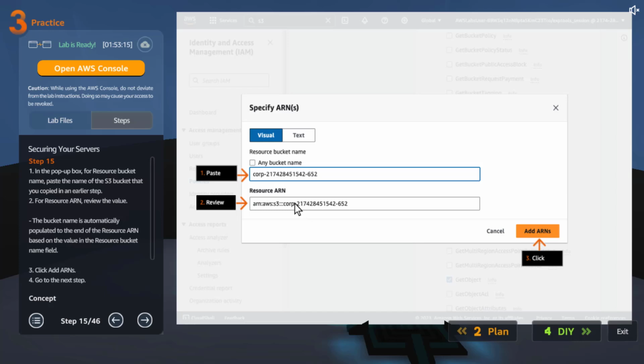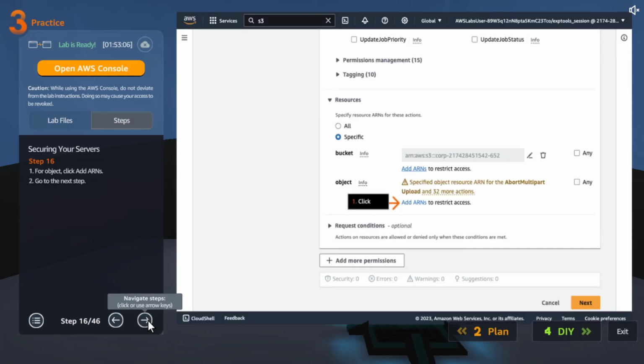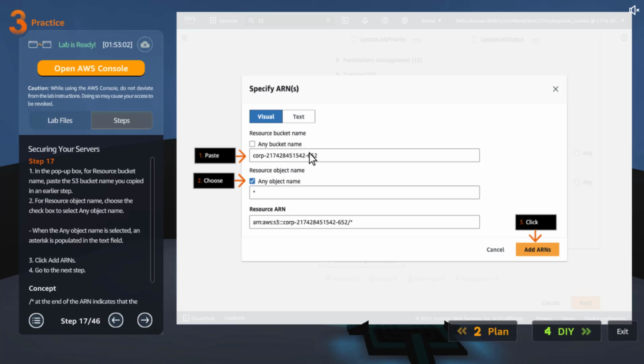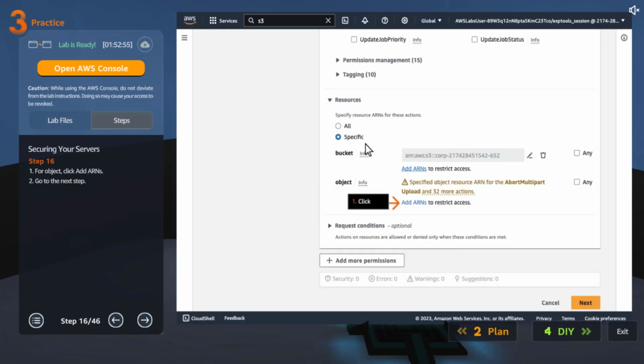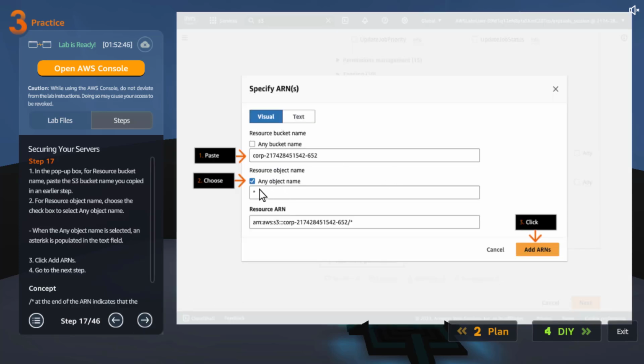We copied the ARN. Actually, oh sorry, this is still the bucket. We'll add the ARNs, and then set the bucket and the object. Here we are going to paste the bucket name again, any object. Okay, so we are still giving those permissions, but to what in S3? So we are saying to this particular bucket and all objects in that bucket. When you give star, it means all objects in that bucket,